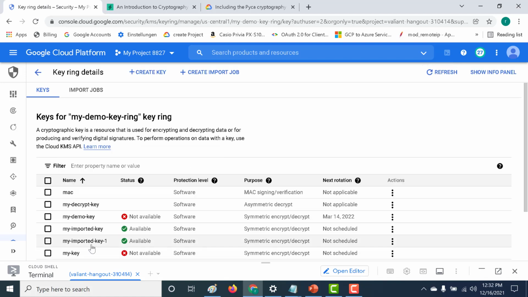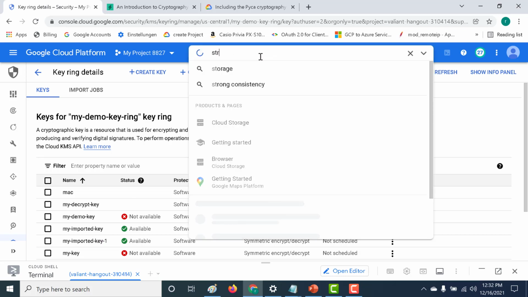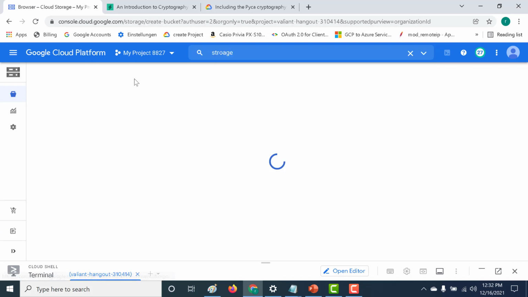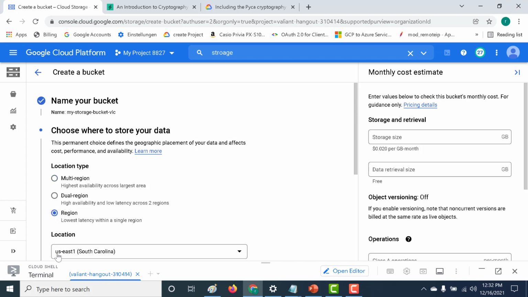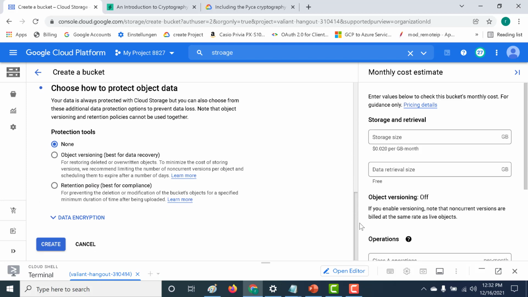Okay, so now that you've created your particular key, let's use it in our cloud storage. So let's go to our storage. Now, of course, you can use it in other GCP services as well. Click on cloud storage, click on create bucket. Let's click on continue. So here you need to give the appropriate region. So the region is US Central 1. And let's keep going down. So here you need to choose the appropriate data encryption. Let's click on data encryption, use customer.